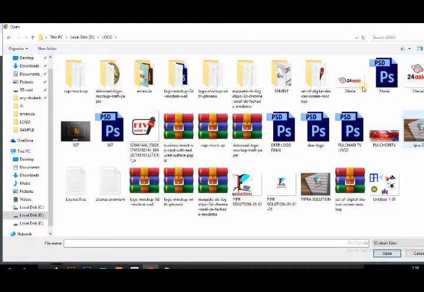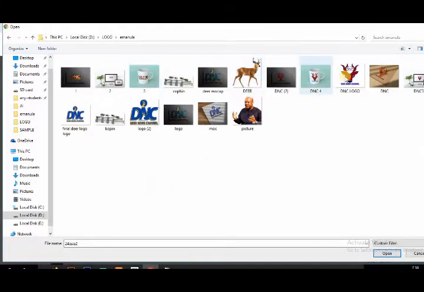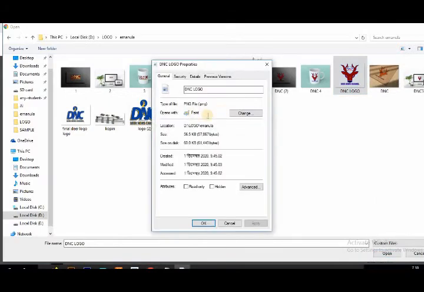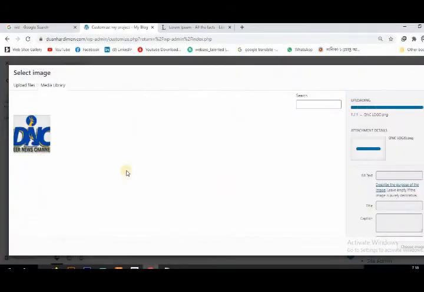We use this logo. Okay, this is the logo, a PNG logo. We need a PNG logo, this is PNG. Okay, good. Upload it here.